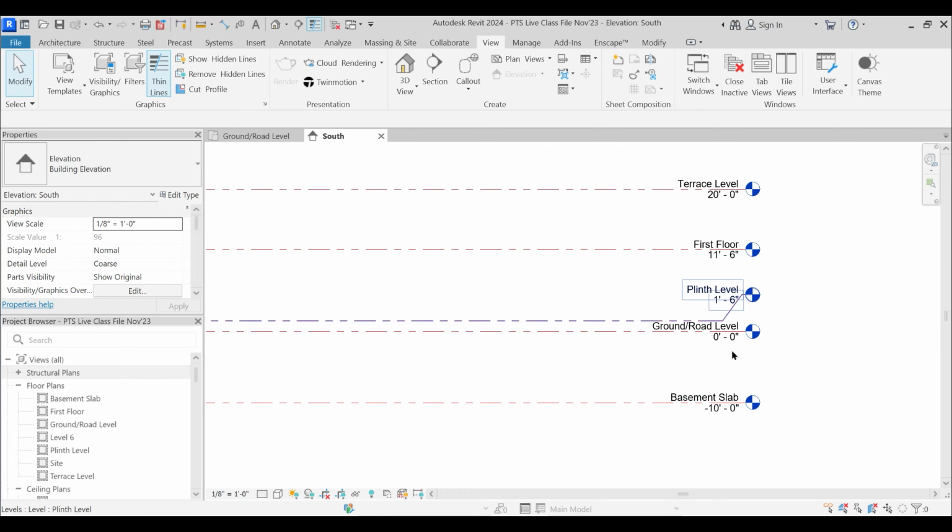That is the hierarchy in levels. But here in the project browser, if you watch that, these are segregated alphabetically, according to indexing. See, basement slab, first floor, then we have ground floor, then plinth level, site, and finally the terrace level. So this is not organized. So how to make it organized?